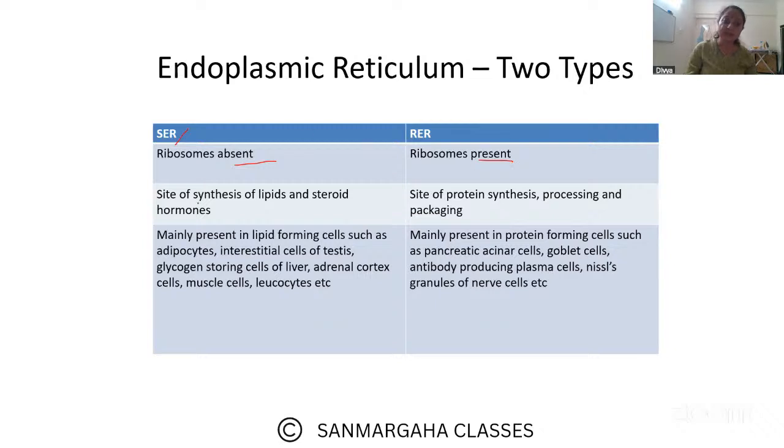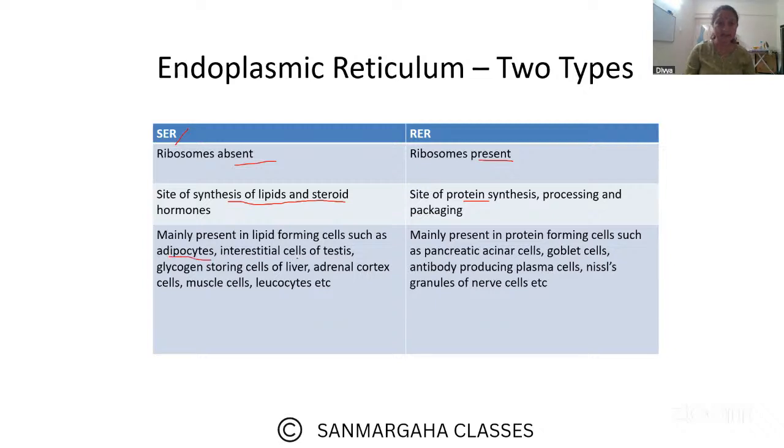Smooth endoplasmic reticulum is responsible for synthesis of lipids, steroids, and hormones. But in rough endoplasmic reticulum, it is protein synthesis, because ribosomes are responsible for protein synthesis, right? So synthesis of proteins, processing of proteins, and packaging of proteins take place here. Smooth endoplasmic reticulum, being lipid forming, is mainly present in adipocytes, that is lipid forming cells,